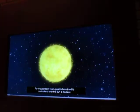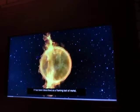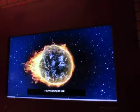For thousands of years, people have tried to understand what the sun is made of. It's been described as a flaming ball of metal, a burning lump of coal, and even an inhabited world with glowing clouds. It was only in the 1800s that people found a way to study the makeup of the sun. When sunlight was split into a